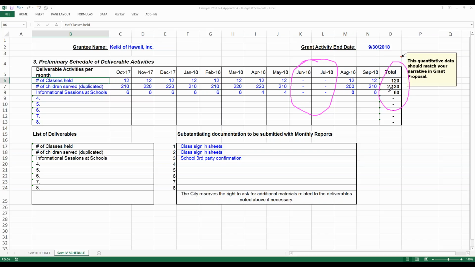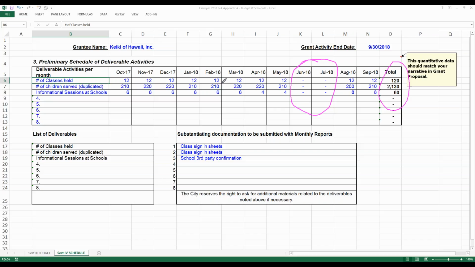As you may remember, in the very first page of your grant application, where I said that very important section E and F, make sure that this number ties to the very first page of your grant proposal, section E and F, because sometimes we've seen it in the past when the schedule quantitative information doesn't match the narrative, and what may happen is that the person who fills out